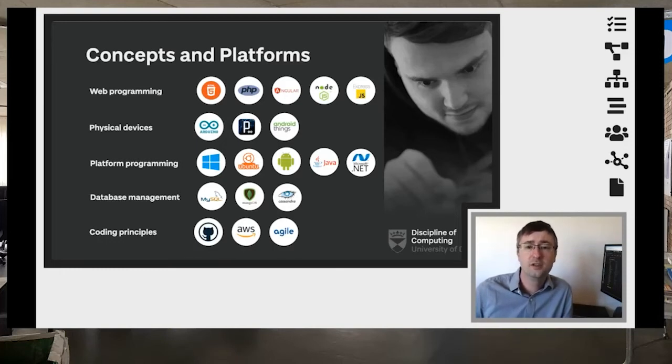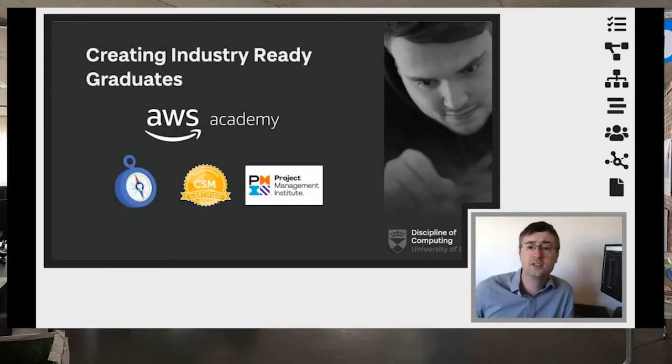We aren't just developing you to be a successful computing scientist. We want you to be ready to work after you leave university. And this is something that we've been focusing on recently in trying to create industry-ready graduates. The University of Dundee is an accredited member of AWS Academy, which means that we can give you the opportunities to learn about cloud computing and to learn how you can develop cloud infrastructures as part of our degree programs and in extracurricular activities. You're also going to be taught by campus experts from GitHub.